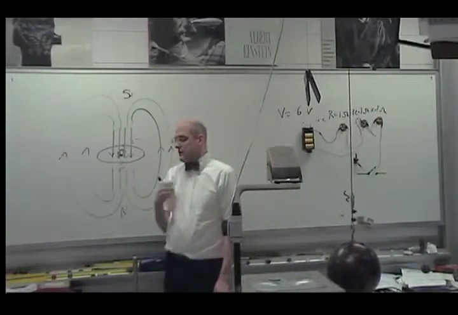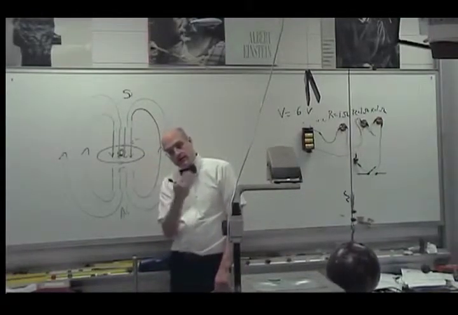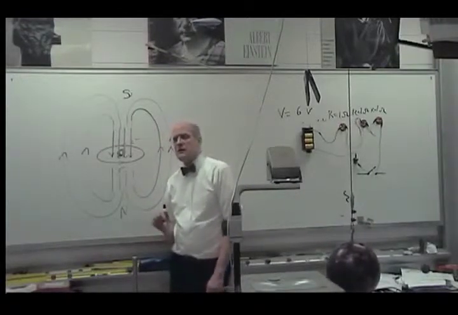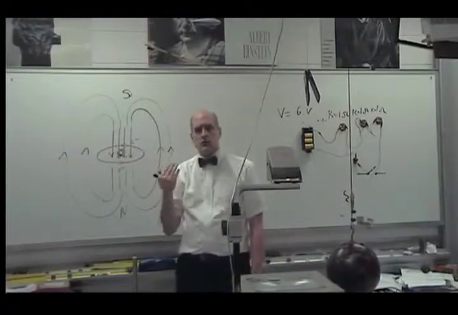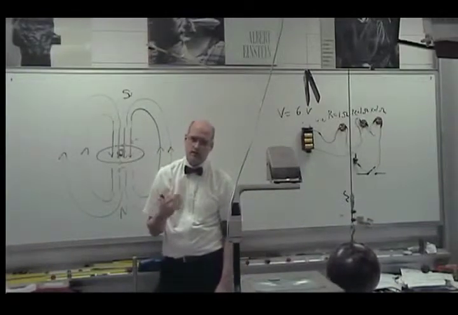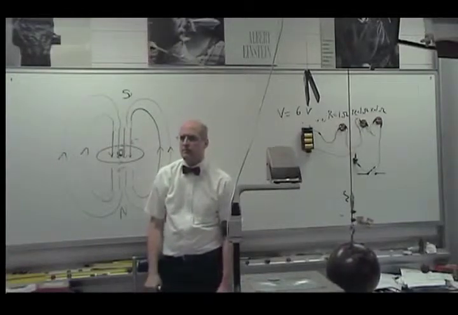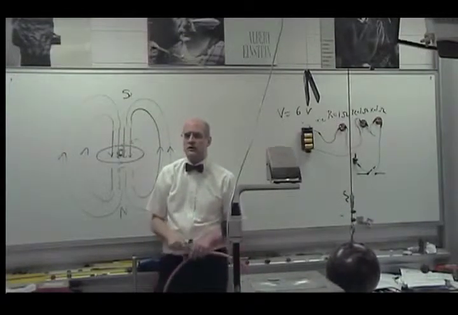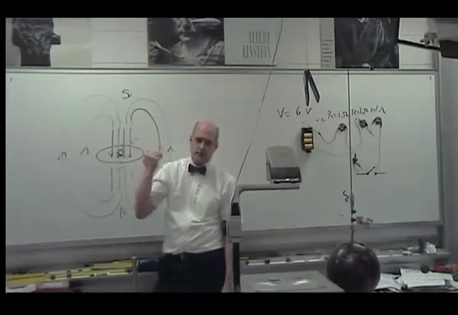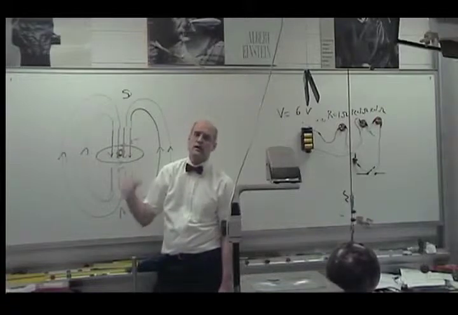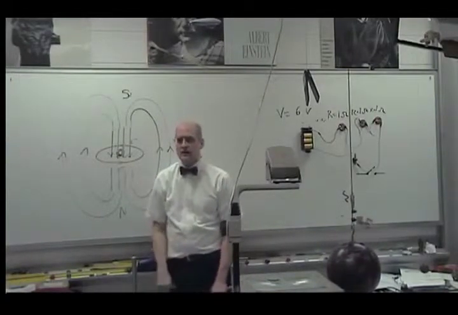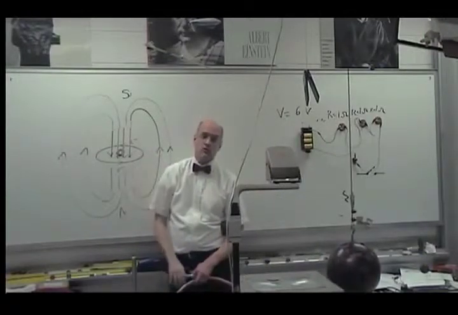So, because there's electrons swirling inside the molten core of the Earth, we can see then that the Earth's magnetic field is probably caused by these moving electrons. Now let's take a look at a model of the Earth and see if we can understand why the north magnetic pole of the Earth is actually in the geographic south region, and the south magnetic pole of the Earth is actually in the geographic north